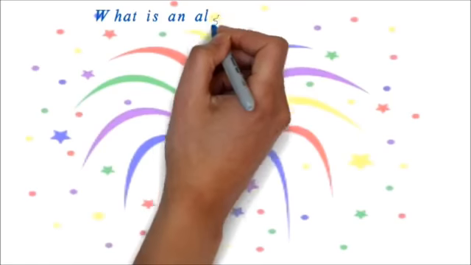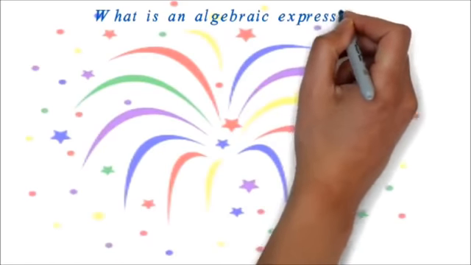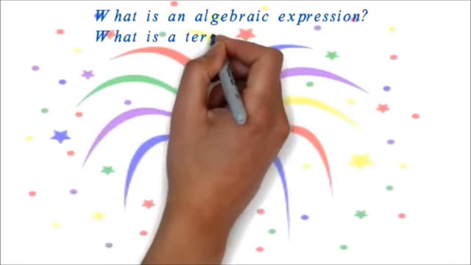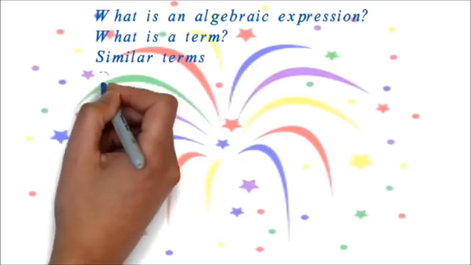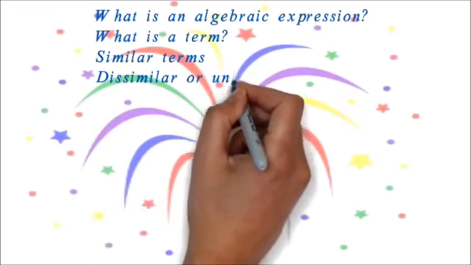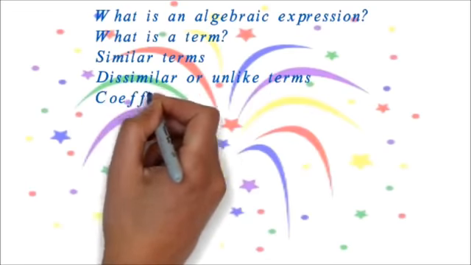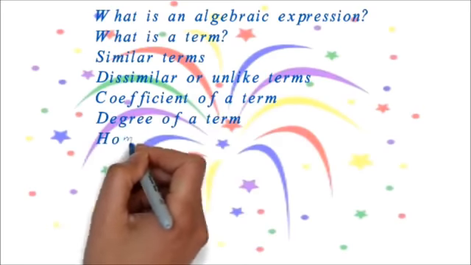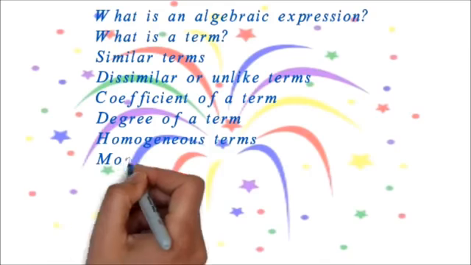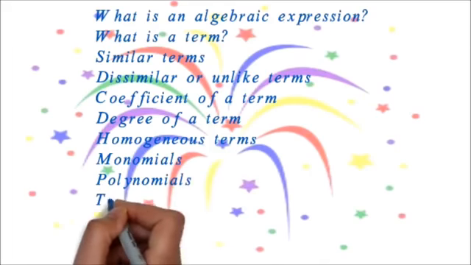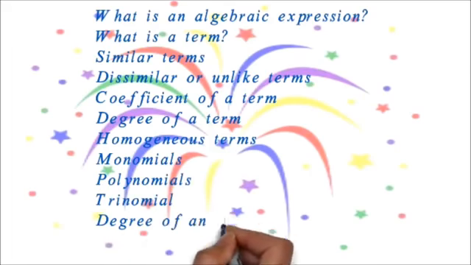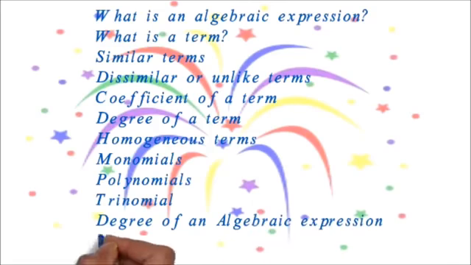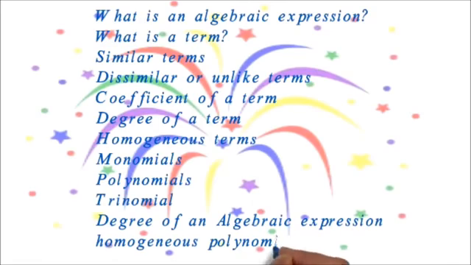This brings us to the end of this chapter. In this chapter, we learned what is an algebraic expression, what is a term, similar terms, dissimilar or unlike terms, coefficient of a term, degree of a term, homogeneous terms, monomials, polynomials, trinomial, degree of an algebraic expression, and finally,